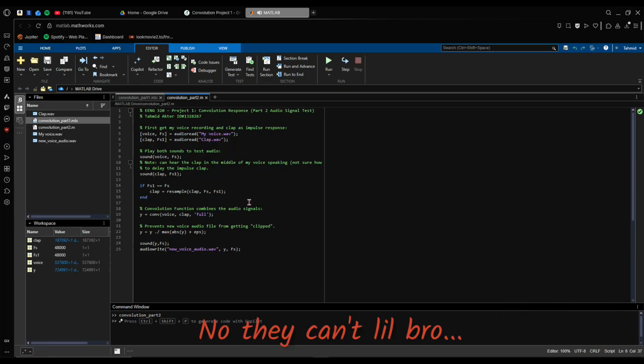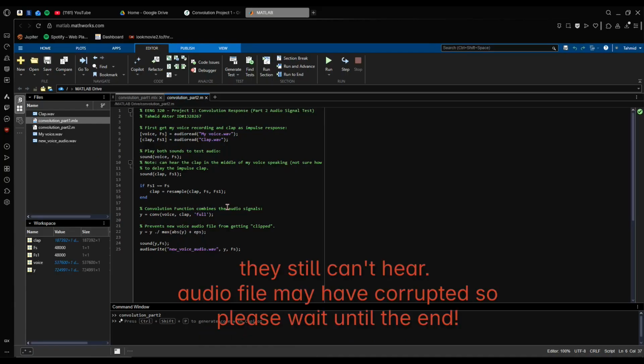Now there you can hear it. It genuinely was impossible. But yeah, as you can hear, after performing that convolution, the resulting audio,